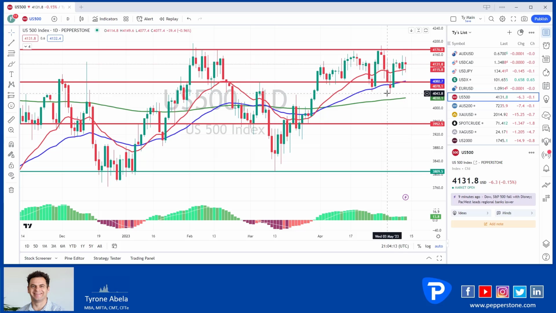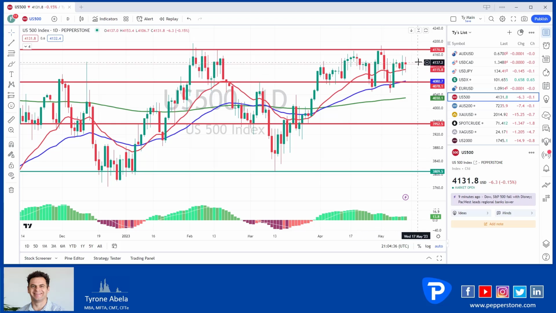Volume has been a little bit down, not unusual for the middle of May. Obviously, a lot of the earnings is out of the way now. Now the market is just taking its time to find out which way it's going to go. And it's really quite straightforward to trade if we get a daily close below the 20 moving average. So if we get a daily close below the 4100, we'll start to target the 50 moving average and the 4080 to 4050 area, which is a reasonable